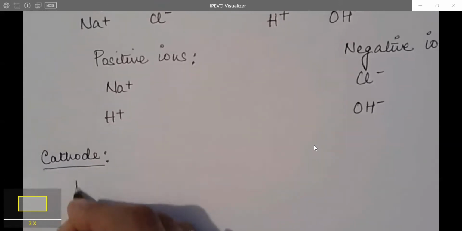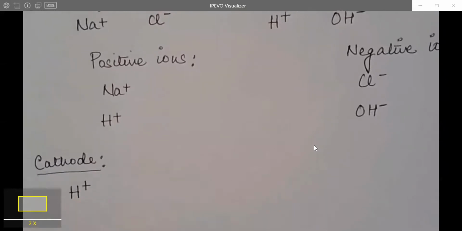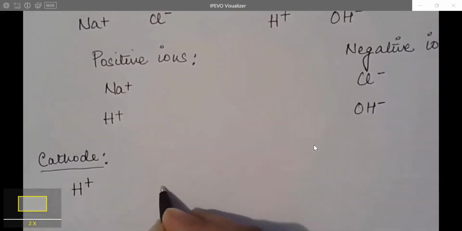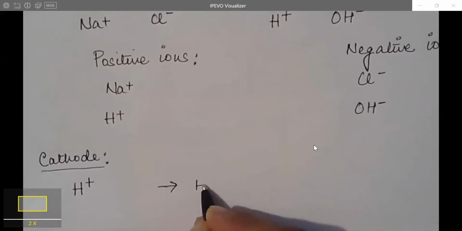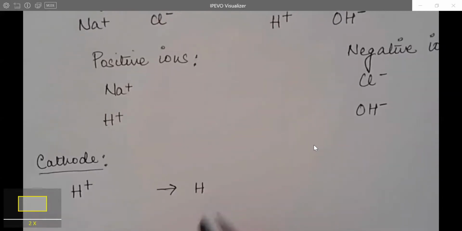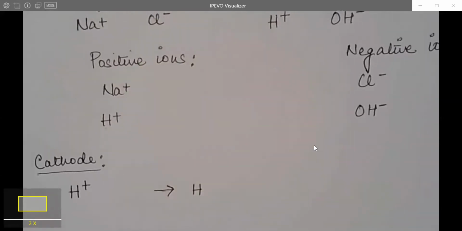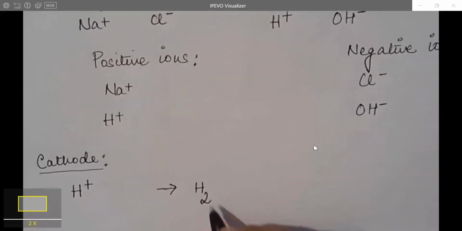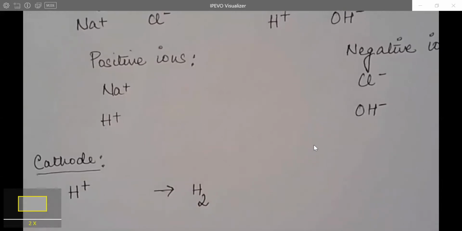When the hydrogen ions go to the cathode, they change into hydrogen atoms. Now, hydrogen is a nonmetal and it is diatomic, so we cannot just write H in that equation. We have to write 2, and that 2 shows that there are 2 hydrogen atoms together forming a molecule of hydrogen. Now, if we do that, we have to balance the number of hydrogen atoms on both sides of the equation because